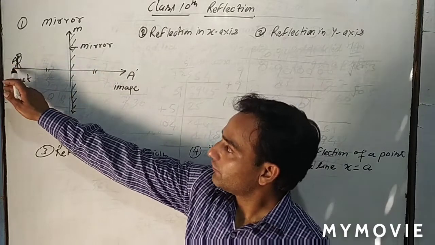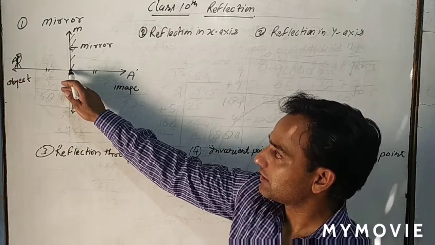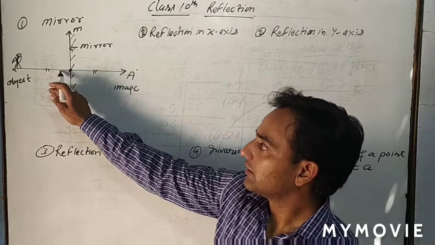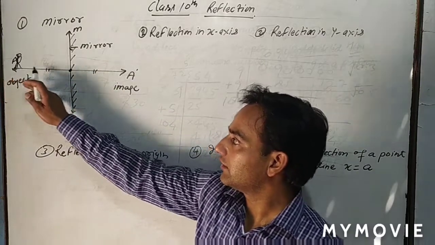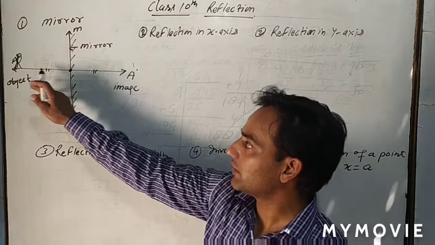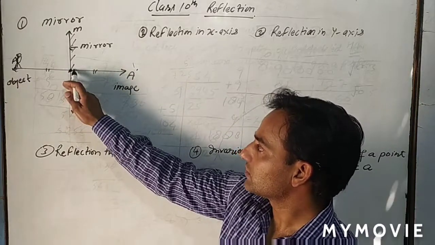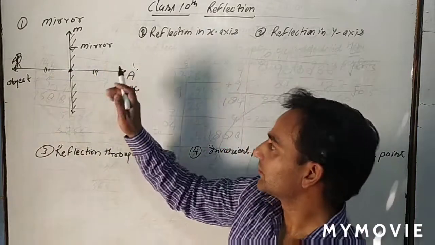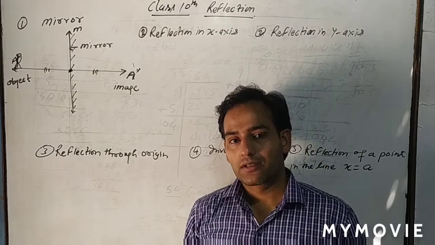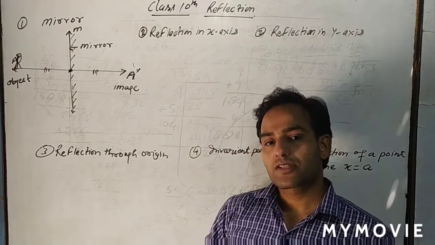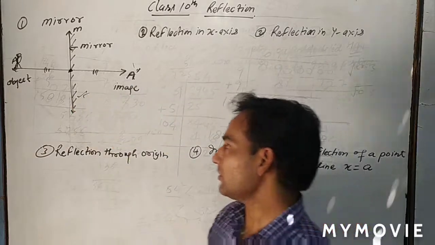Okay. So if we are here at point A, and this we can say is the origin, we will get our image at a distance equal to our distance, on this side. We are standing here. The image will be formed on this side, at just the same distance from this origin. So this distance and this distance will be the same. So this will be the image A dash. Okay. I hope we are all familiar with this. Whatever our distance from the mirror is, the image of ourselves in the mirror is formed at the same distance. This is the quality of a mirror. Okay. Now,